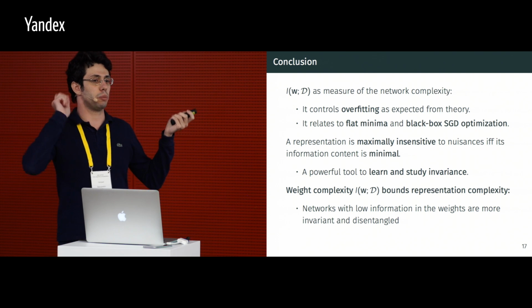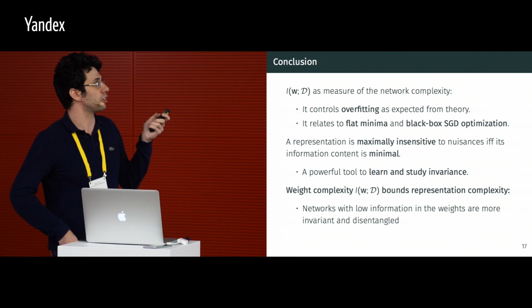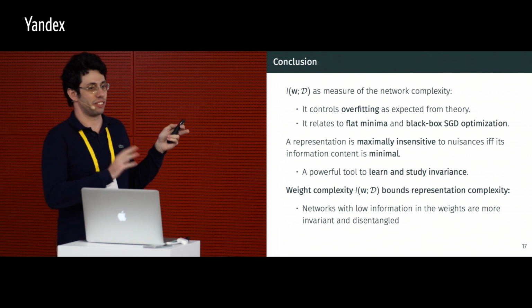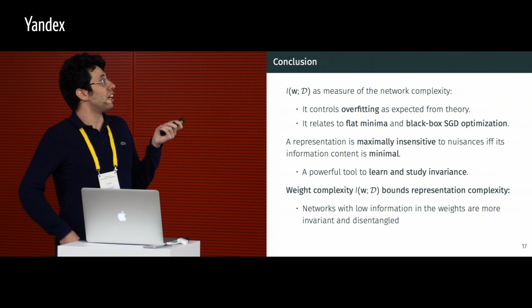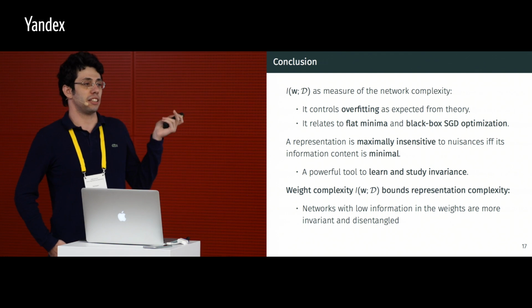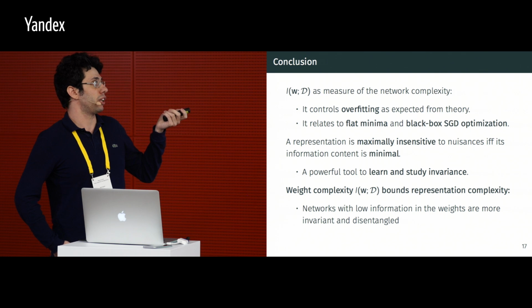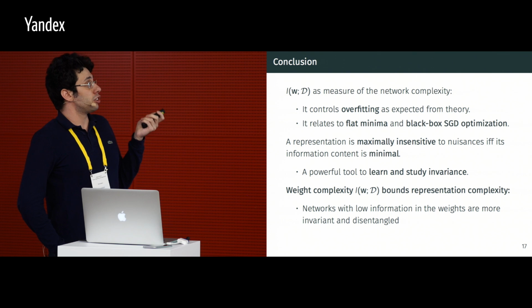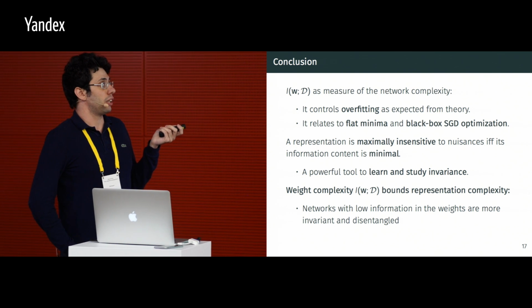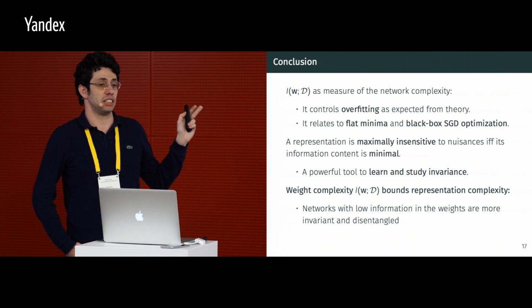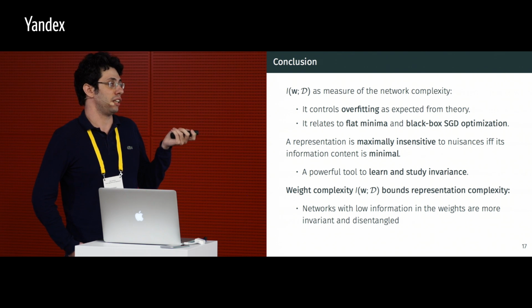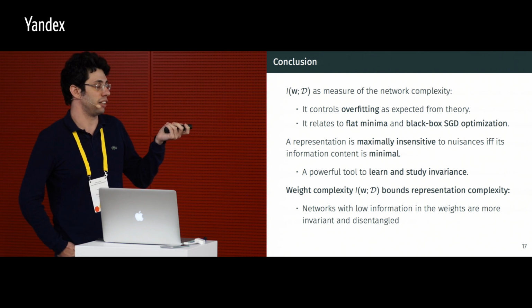I should say this was already proposed in 93 by Hinton, actually. And so now we can actually compute everything, and we can optimize for this. And we have seen that this prevents overfitting, exactly as predicted by the theory for random labels, and it connects to flat minima. We also studied the representation of the data, and we have seen that they are maximally insensitive to nuisances if and only if they're minimal. And this gives us a tool of studying invariance properties and proving properties, and a way of learning such